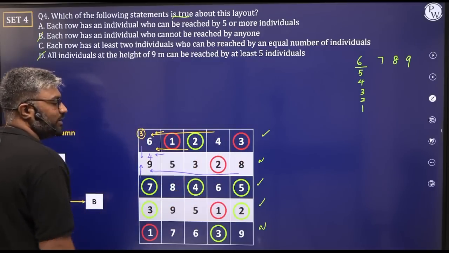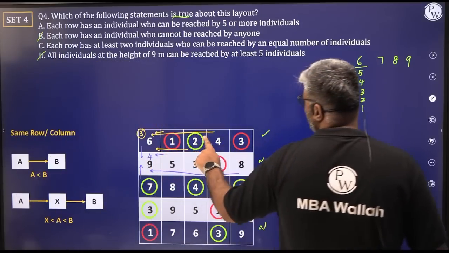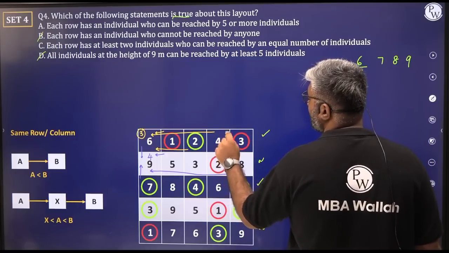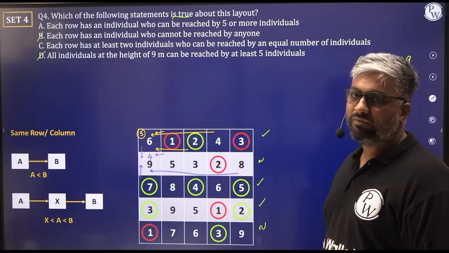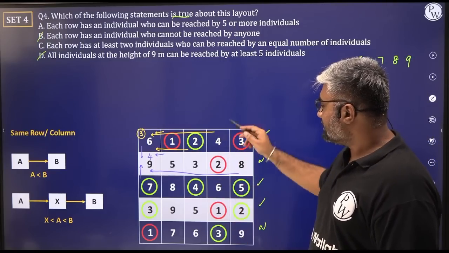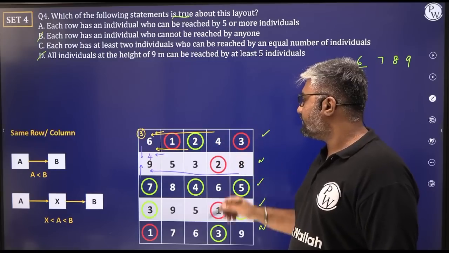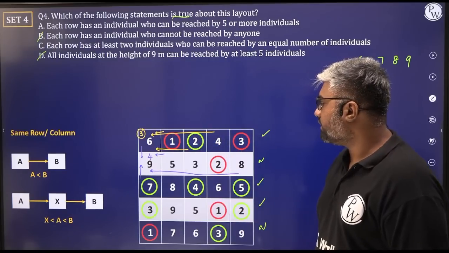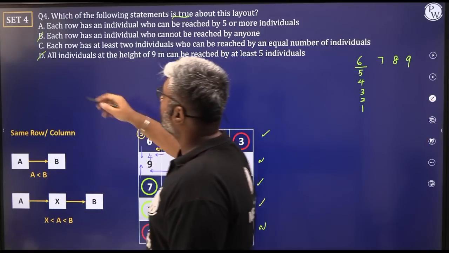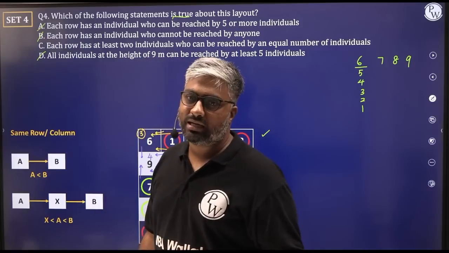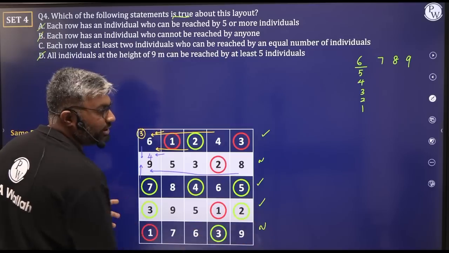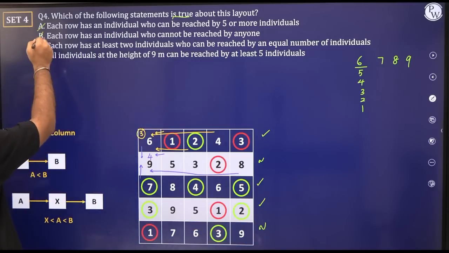We have this place with only 3. We know this is 0, this is 1, this is 3, and we know for a fact that this cannot be reached by more than 5 places, right? There is no option of more than 5. It's possible only from 2, not from 6, not from 1, not from 3. And this is possible from 2, this is possible from 3. This cannot go beyond 5. We know this for a fact, right? From this we can also eliminate option A. So see how this is an extra 3 points that you get if you think carefully and do not spend the entire time figuring out all the 25 platforms. Yes. The answer is option C.